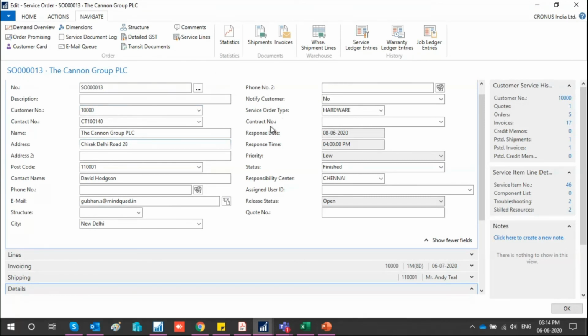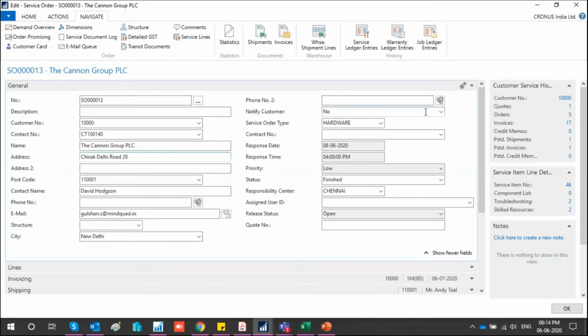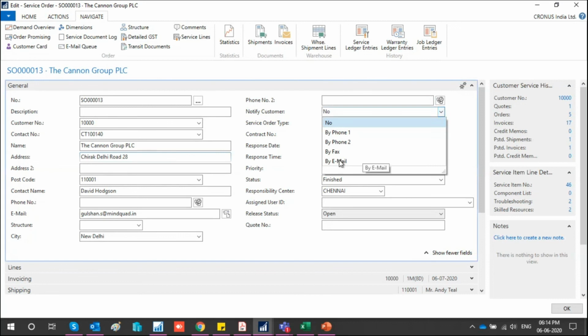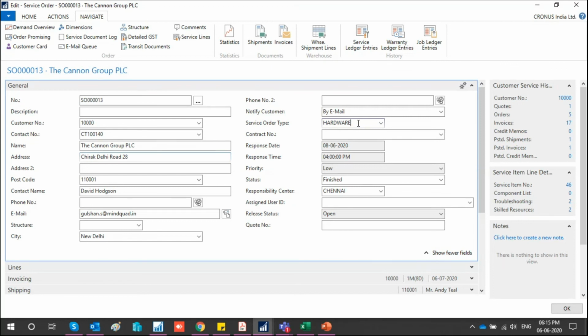Now, apart from that, there is notify customer. Right now, notify customer is set to no. It means if I have set it to by email, and I have finished a particular service order, then automatically a mail will be sent to that particular customer's contact.